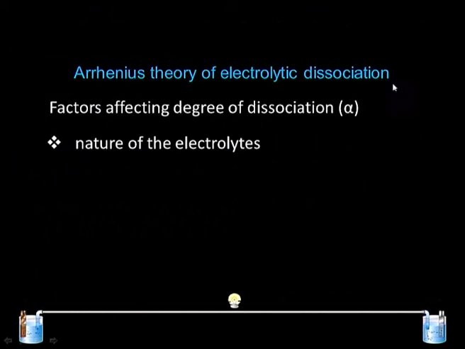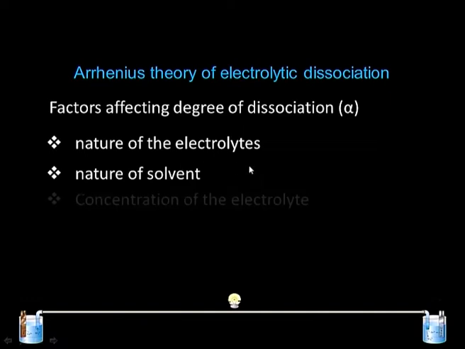This is a very important term when we are talking about weak electrolytes, the nature of the electrolyte, which covers strong or weak. For a strong electrolyte, the degree of dissociation is almost 1. For a weak electrolyte, it is always less than 1. Nature of the solvent is a second factor which is so important because it has to separate out the ions. It has to act as a medium by which the ions do not attract each other and are capable of moving independently. So, the higher the dielectric constant, the better the solvent.